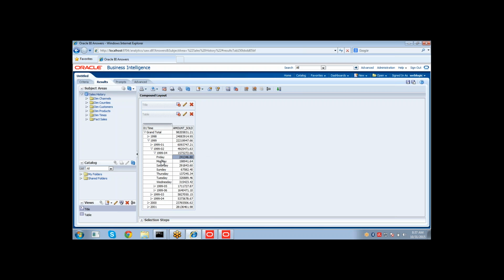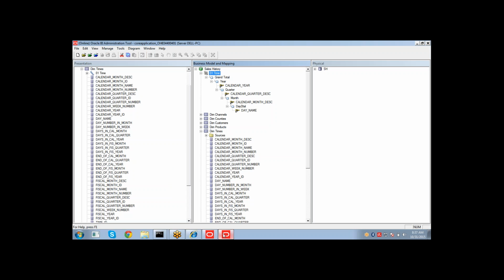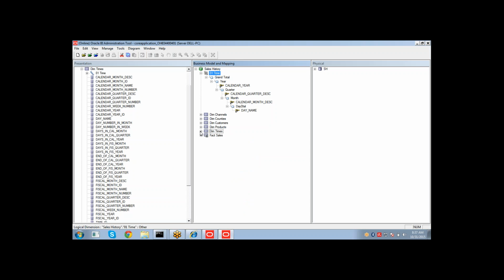If you add the time ID column, the primary key column, then you can see the 31 days sales. Now this is how we are able to drill down using these hierarchies. And now I'm going to create a time dimension hierarchy. To create a time dimension hierarchy, you need to have a valid time dimension table in your logical layer,